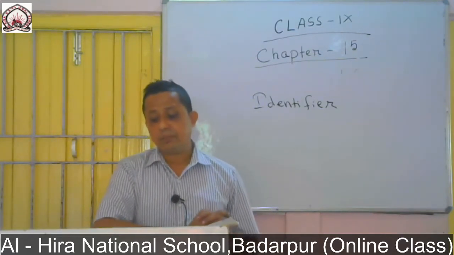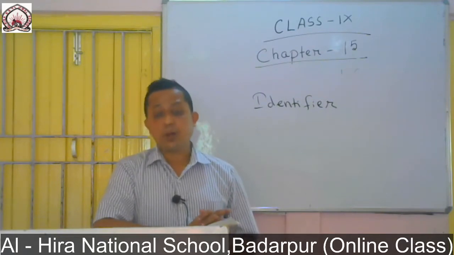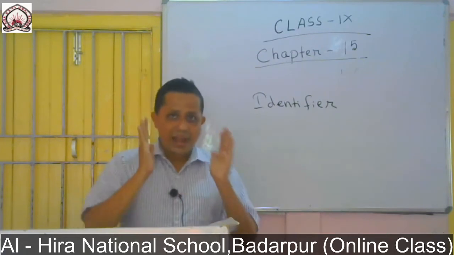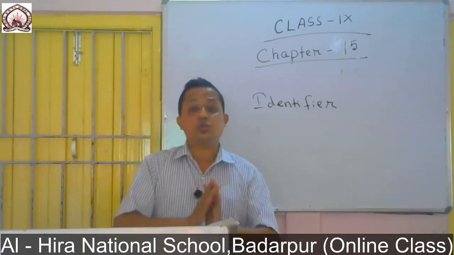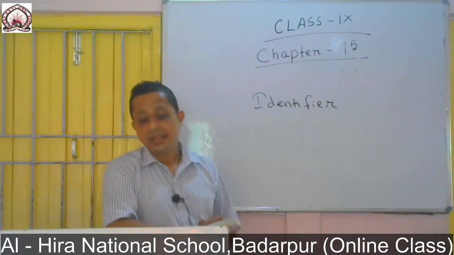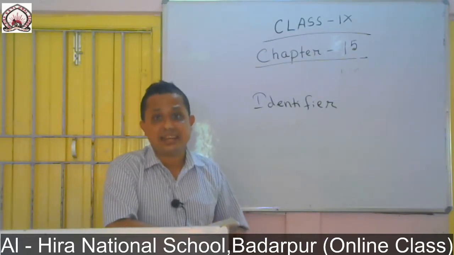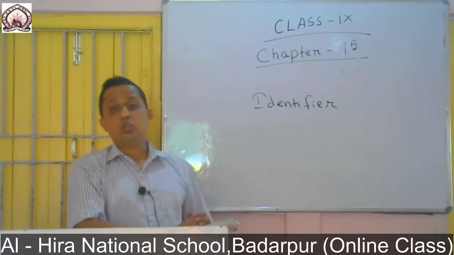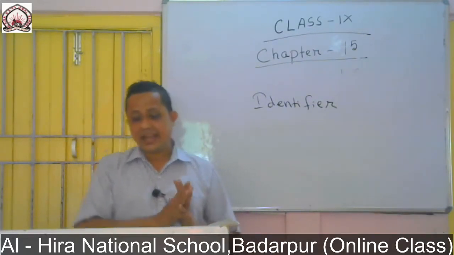So in naming identifiers, only one special symbol is supported, which is underscore. Spaces, punctuation marks or other symbols cannot be used in an identifier. While naming an identifier, we should not give a space in between the name. Number two, the identifier name should begin with a letter. They can also begin with an underscore sign.